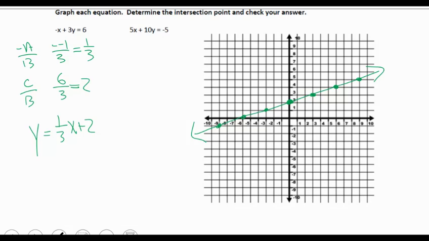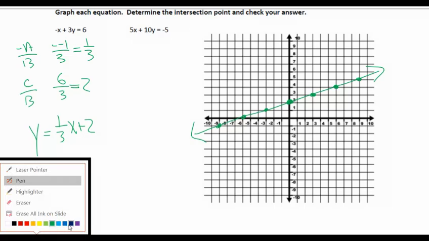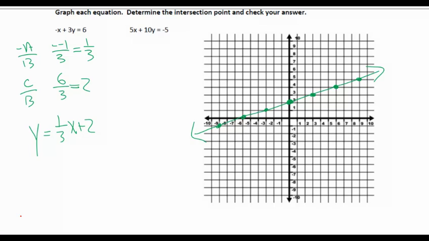All right, now this one gets a little interesting. If I can get a different color here. So for this one, we did our slope, negative a over b, so negative 5 over 10, that would simplify to negative 1/2. Our problem is our y-intercept, c divided by b, that's negative 5 divided by 10, and that's negative 1/2. Our y-intercept is negative 1/2, and we can't really graph on a coordinate plane with halves,